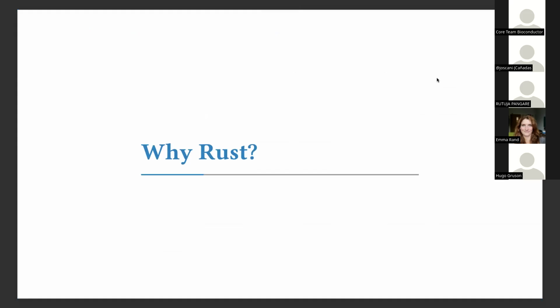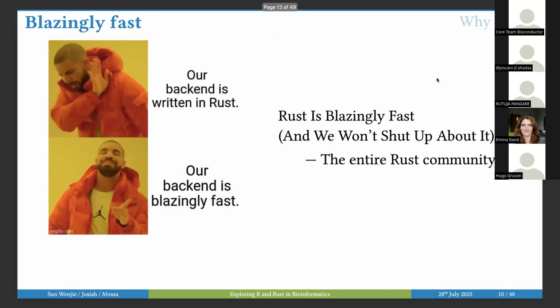So next, I want to maybe talk about why we chose Rust, or at least why I chose Rust. And this isn't really a technical reason, it's more of a personal preference. And I think the first thing is that Rust is exceptionally fast. Most things that you do, even if it's a super naive implementation, are going to be blazingly fast. And that's really nice when writing code that may use nested for loops or things like that, or advanced iteration, to just have the basic implementation be really fast, and you can be confident that it's going to scale effectively.